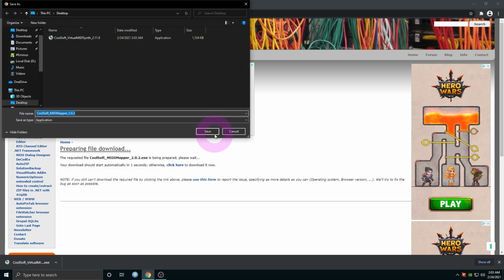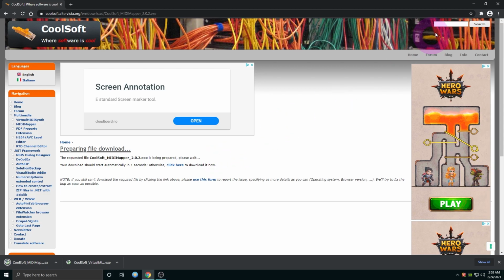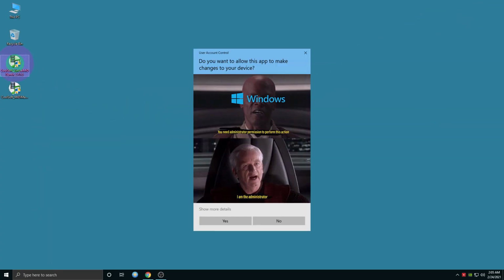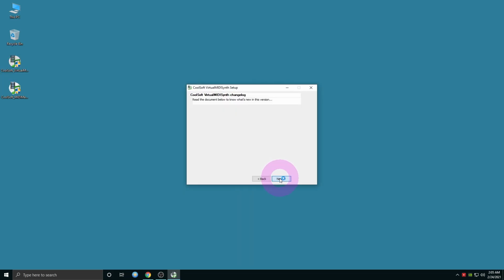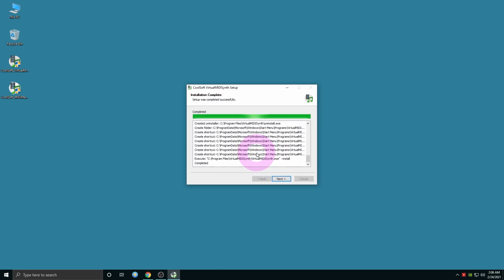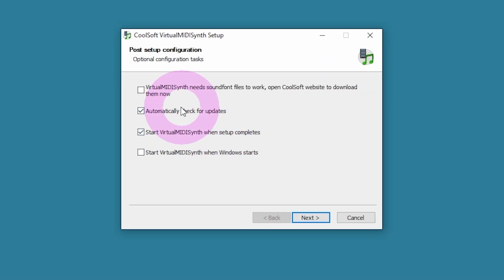Once you've got all these files downloaded, it's time to install these little bad boys, starting with the main program. Don't worry about Windows Defender whining and just allow the program to install on your PC. In order to allow Virtual MIDI Synth to do its thing, you will need sound fonts, so select the first option in Post Setup Configuration and check the Start Virtual MIDI Synth when Windows starts box.